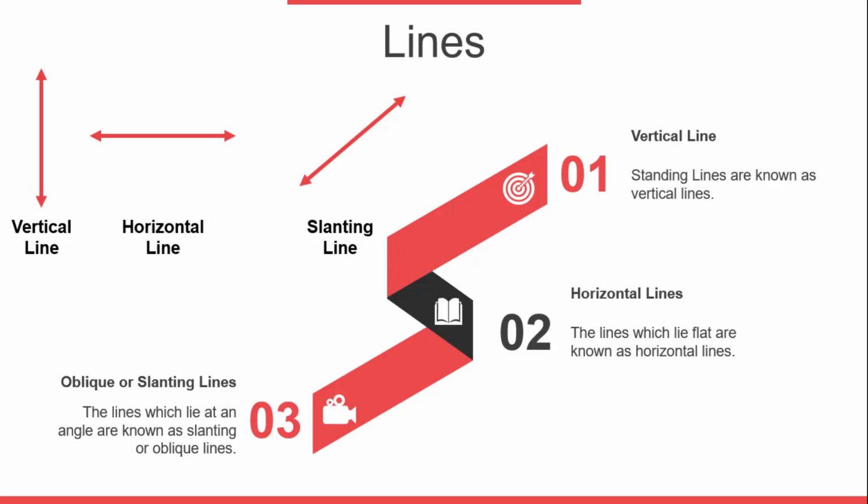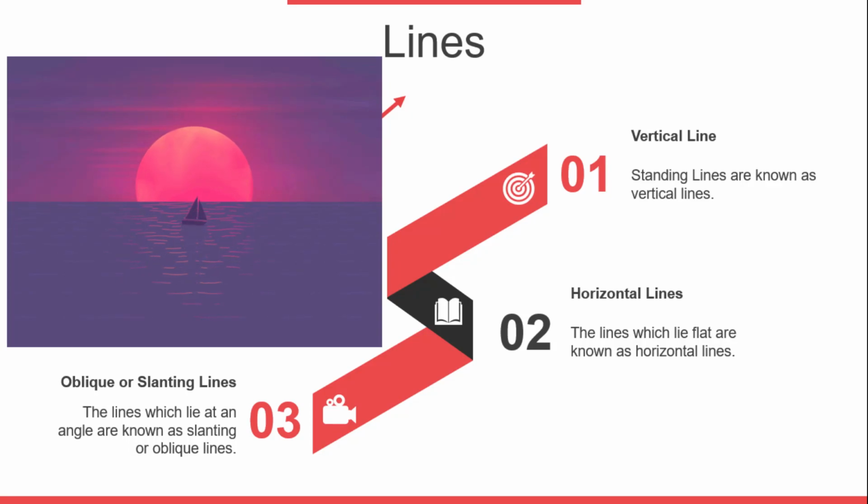Now for me, I often confuse myself between a vertical line and a horizontal line. So the way I remember is with this image. In this image you can see that a boat is floating on the sea and the sun is setting in the horizon. So when this happens, you can see that the horizon forms a sleeping line. Here you can see that the sky and the sea are separated with a straight line. So this is known as a horizon. The word horizontal comes from the word horizon. So a horizontal line is nothing but a sleeping line. So this is the way I remember it.